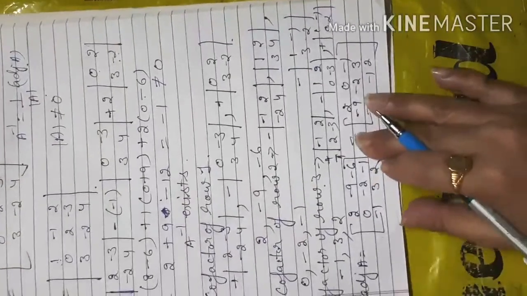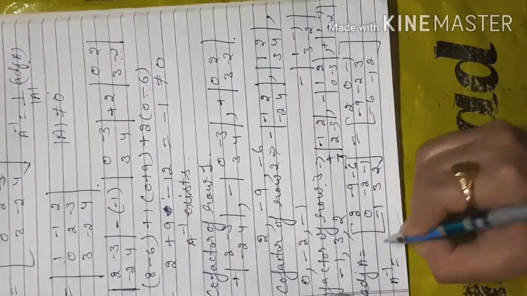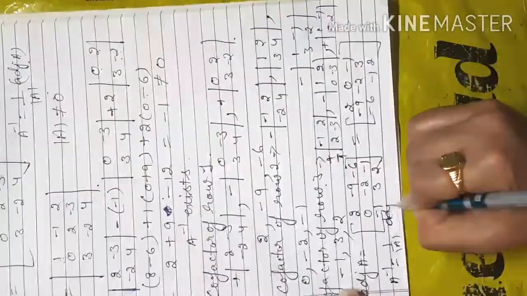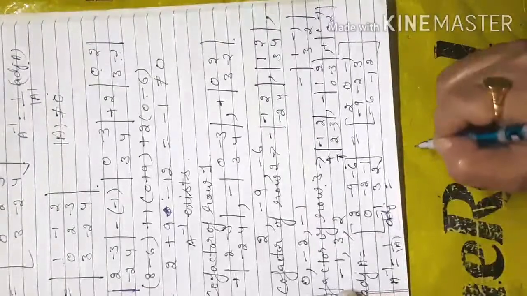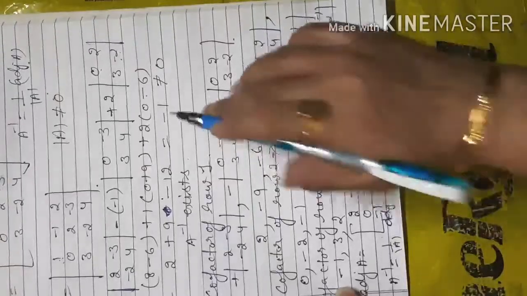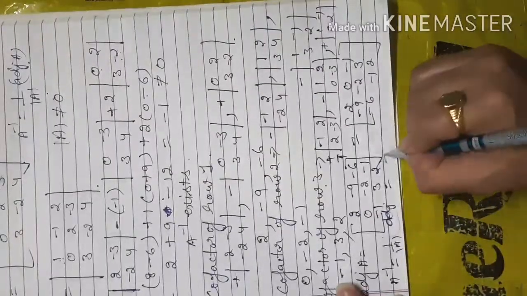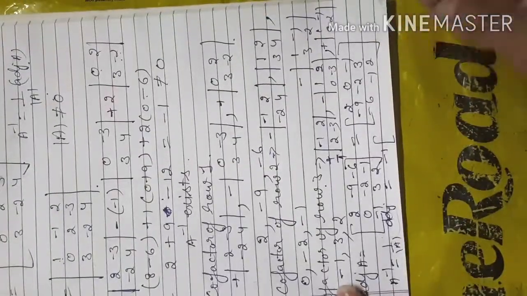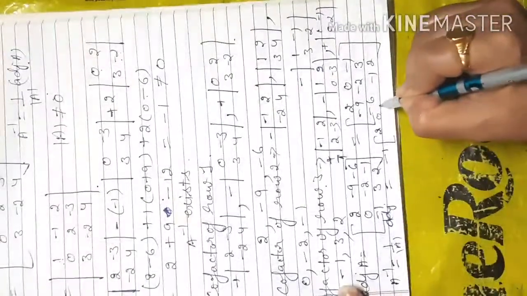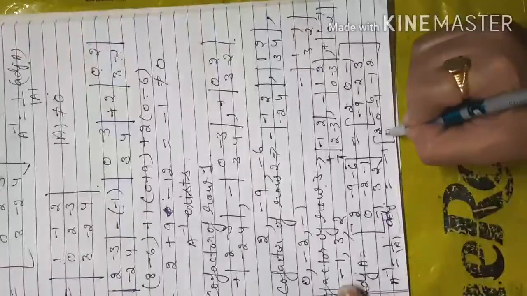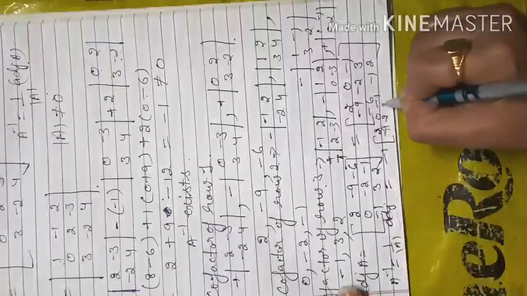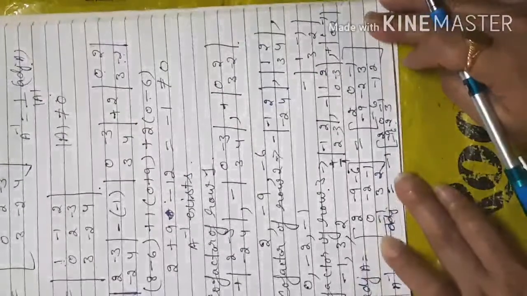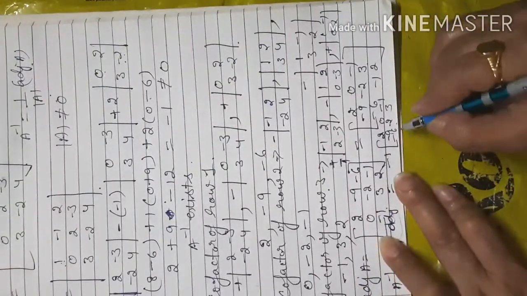Now my A inverse formula is you have to divide adjoint A by the determinant of A. So determinant of A we already found, that is minus 1. So we put minus 1 here outside the matrix bracket. So we write all the elements of adjoint A: 2, 0, minus 1, minus 9, minus 2, 3, minus 6 and minus 6, minus 1 and 2.